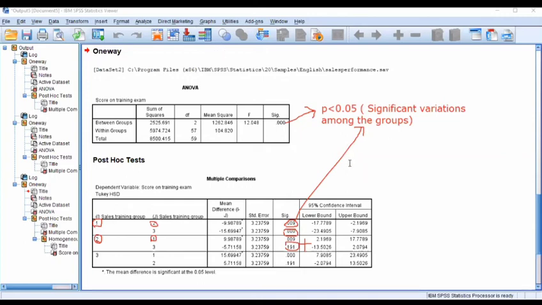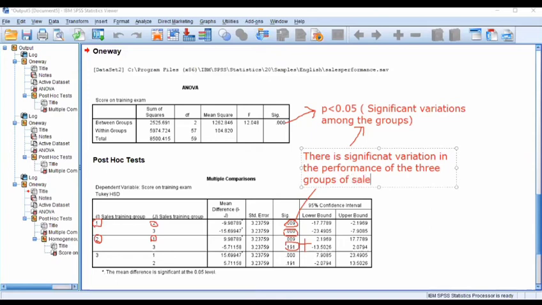Now, how to report this result? We will report this result like this: there is significant variation in the performance of the 3 groups of salespersons, as F equal to 12.048 with p-value less than 0.05.